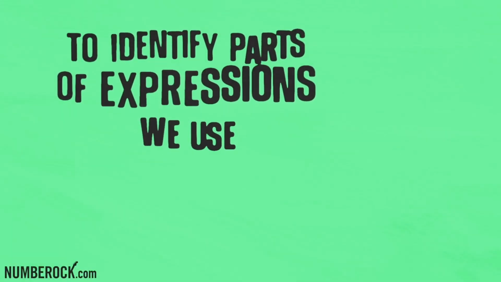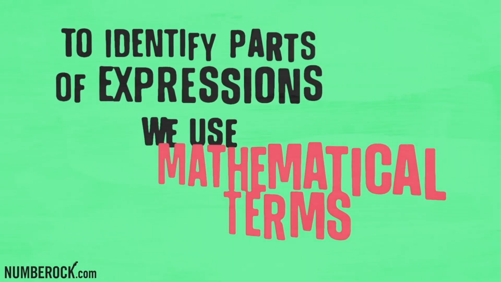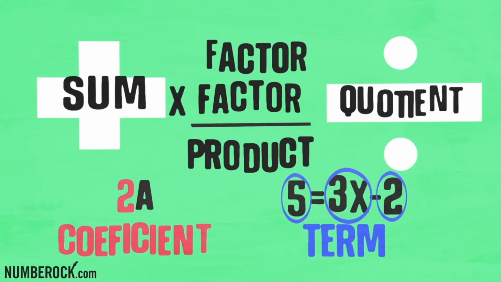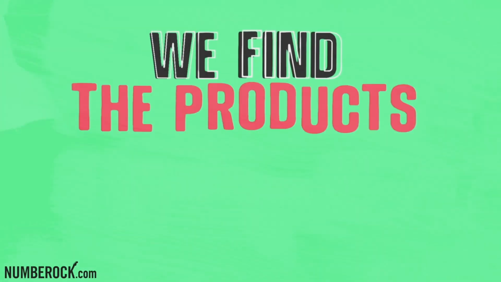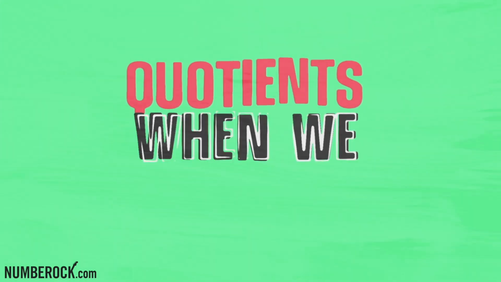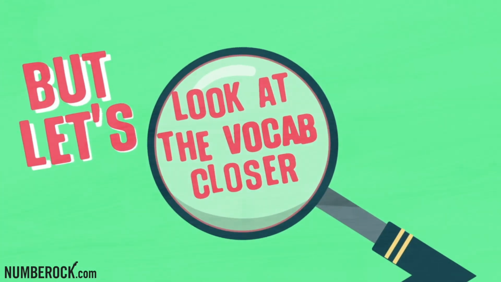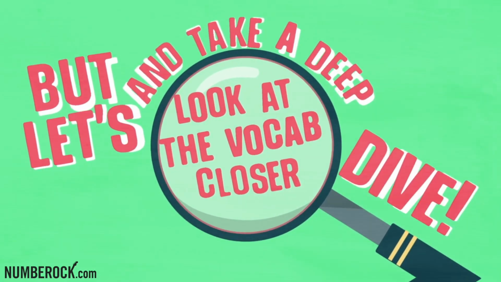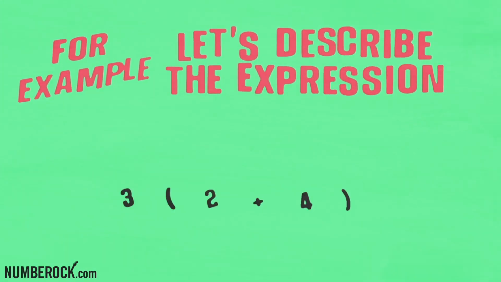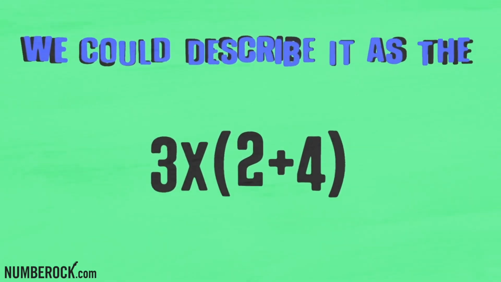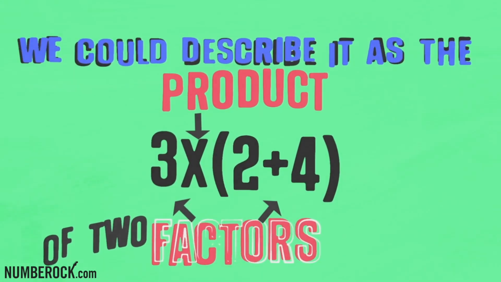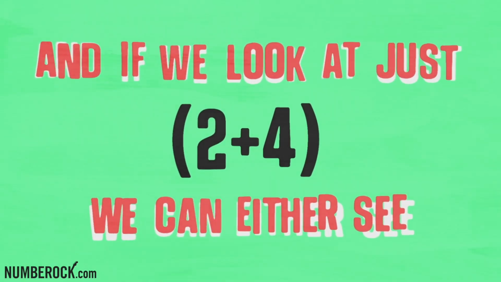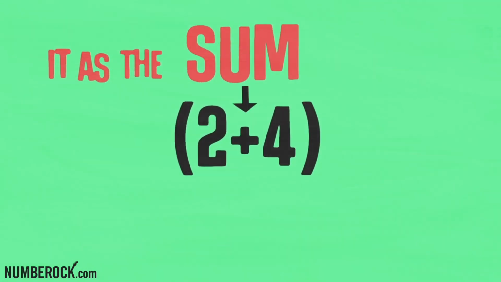To identify parts of expressions, we use mathematical terms. Sum, product, factor, quotient, coefficient, term are words we will learn. We find the products when we multiply, quotients when we divide. But let's look at the vocab closer and take a deep dive. For example, let's describe the expression 3 times (2 plus 4). We can describe it as the product of 2 factors. And if we look at just 2 plus 4, we can see it has the sum of 2 terms